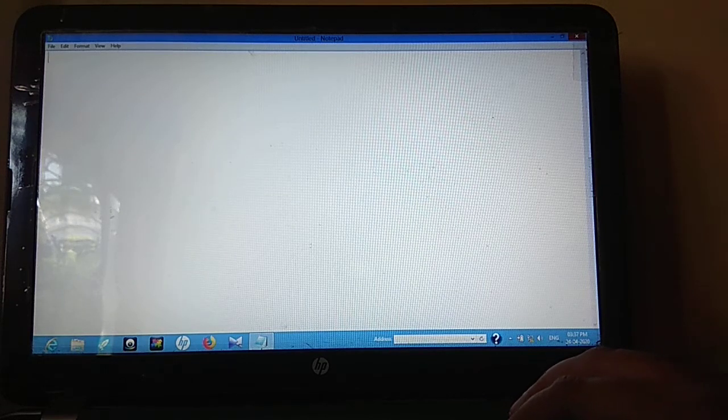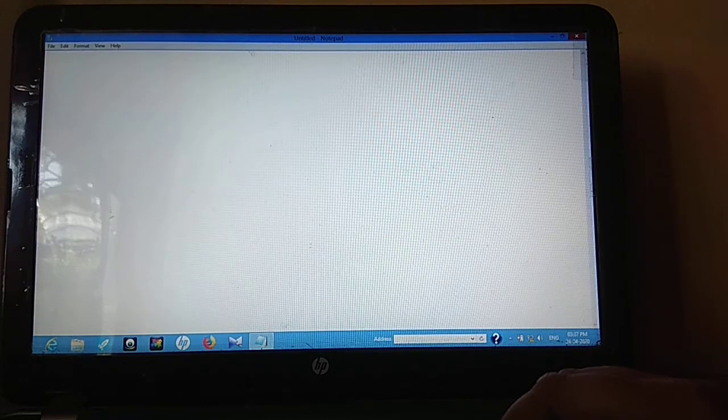Okay, good afternoon students. Today we are going to learn how to create an HTML file in a simple text editor like Notepad. First, open a Notepad application on your laptops or computers, whichever is available. In that, we are going to type the basic tags of HTML. So let us start with it.